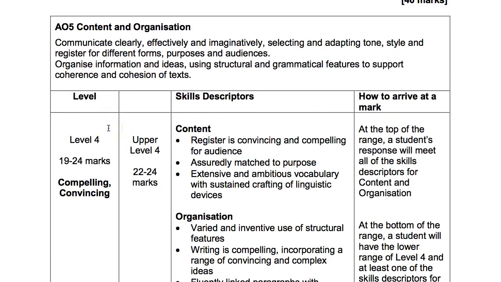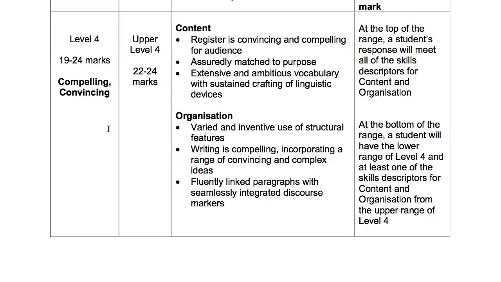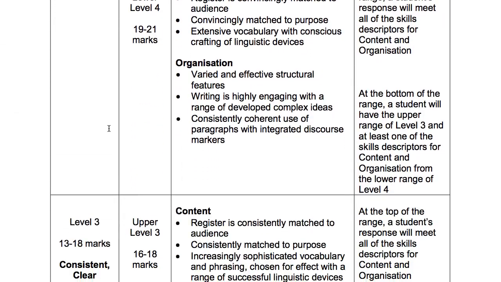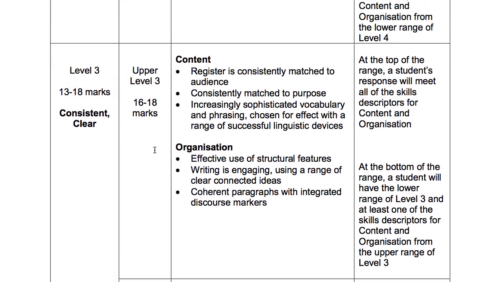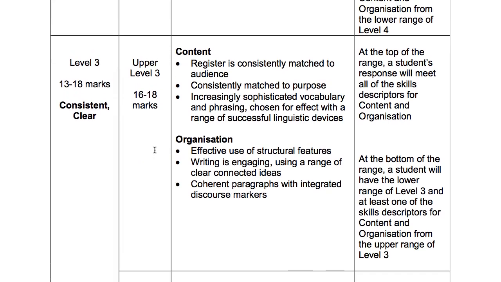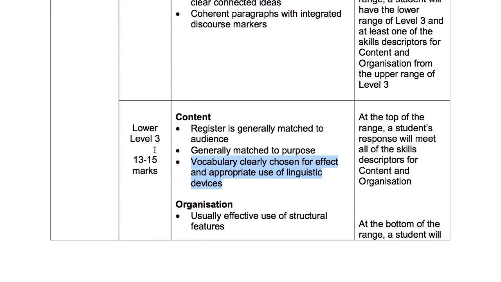Now, we don't know where the grade boundaries will be, but for me, in old money, this is a student who is on the borderline between a B and a C, which in new money will be a level 5 to a level 6. He's on that border, possibly more of a level 5. Well, in my gut reaction, he is.